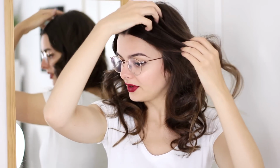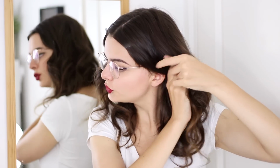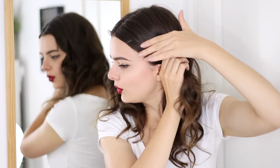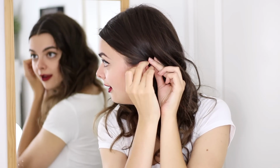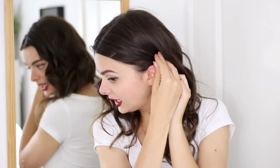There we go. So then I'm going to take the front portion of my hair, and I'm just going to pull that back. Let me actually take my glasses off for this one, because when it is all smoothed back, you could take a hairbrush to smooth your hair if you think that's a little bit easier to do. But then I'm going to take another bobby pin, and I'm actually going to stick this in right behind my ear,